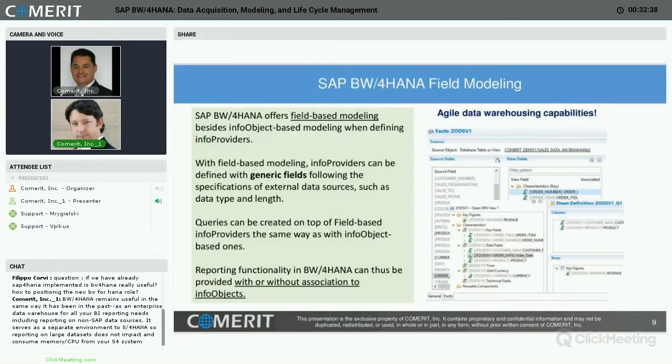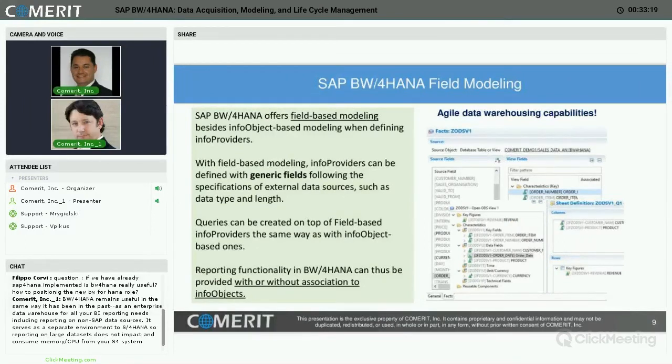Second concept, field modeling. You no longer need InfoObjects if you don't want to use them, or if that particular data flow does not require the association to the master data. When you're creating the advanced DSOs here, you could actually create the fields, giving the length, the type, the name, so generic fields, and bring the data, persist the data if it's an advanced DSO, or virtualize the data if it's an open ODS. And the interesting thing is that up to the query, you still could use the generic fields. So I could then create a query,